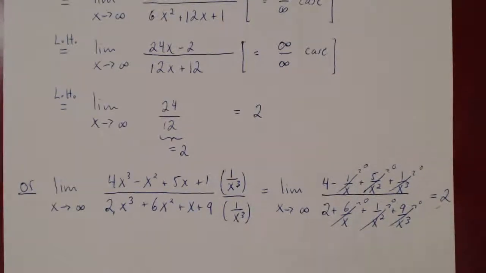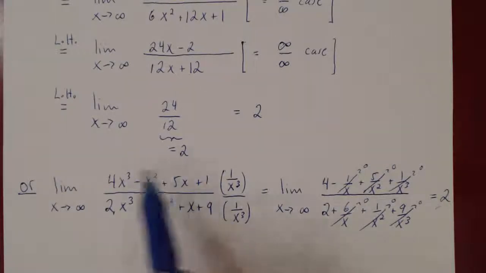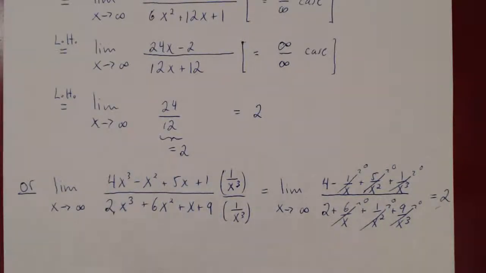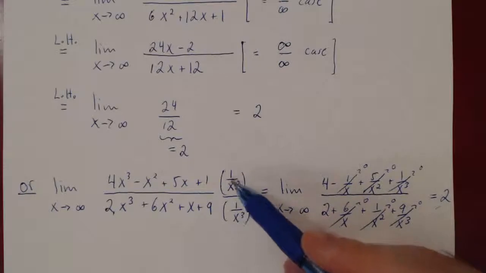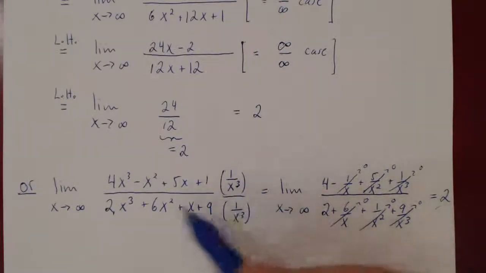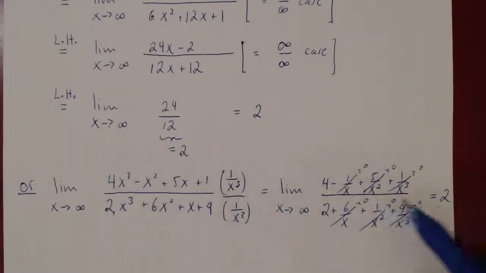So this is one really, really big class of limits, ratio of polynomials, where in essence one should never ever bother using L'Hopital's rule, because dividing top and bottom by the greatest power of x will always produce a one-line